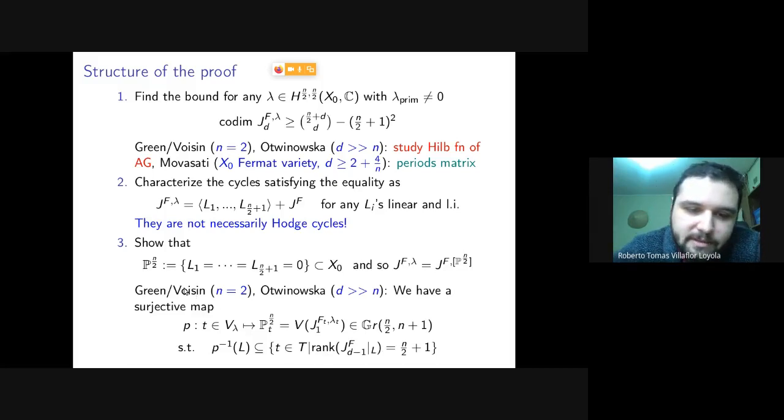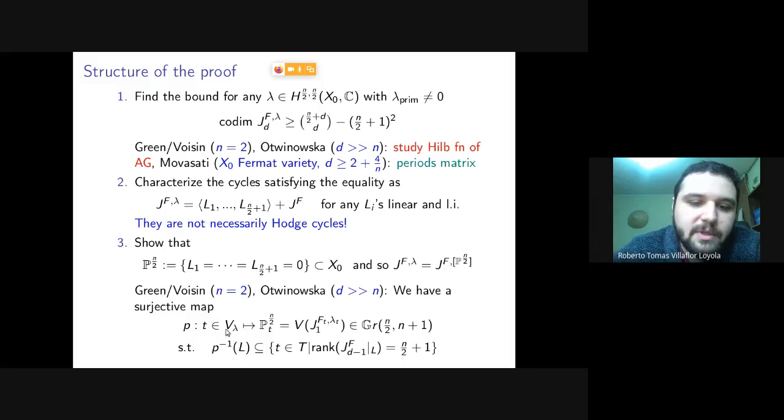So the observation of Voisin, which is the main idea behind this proof, is that if we suppose that the generic fiber of this map is not contained in the corresponding hypersurface, I mean, not the generic fiber, the generic P^(n/2) is not contained in the corresponding hypersurface, then for the equations defining this algebraic variety, we can show that a lot of these equations are independent, and so this will give us a lower bound for the codimension of the fiber, which will be too big, right? From here we get the contradiction,